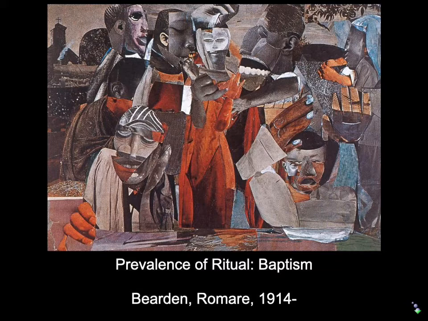Bearden also had this huge career. He began actually working as an artist journalist for the Baltimore Sun, which was a black newspaper. And there he did pieces that were really kind of political cartoons, propaganda. As he's doing those, he becomes increasingly aware of the high art tradition of European modernism, and falls in love with the idea of that high art tradition. And he decides to shift from being a journalist, reportage artist, to being a fine artist.